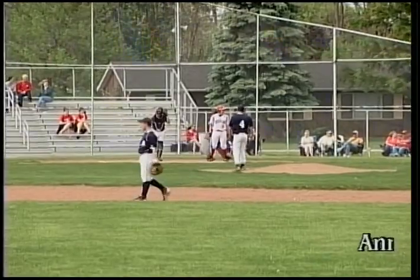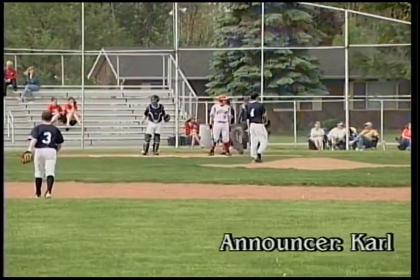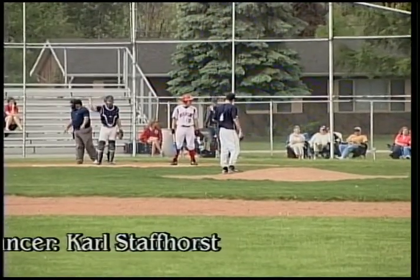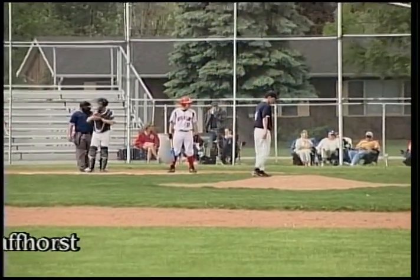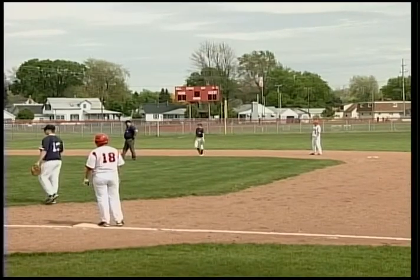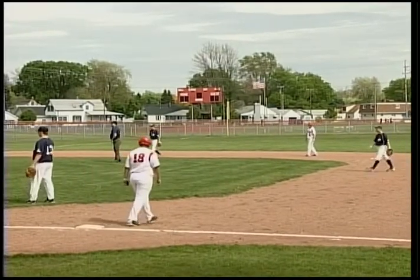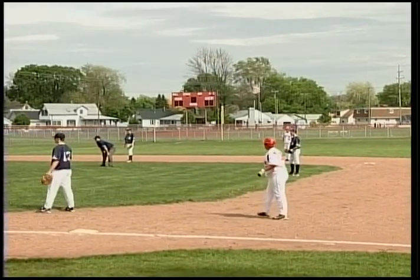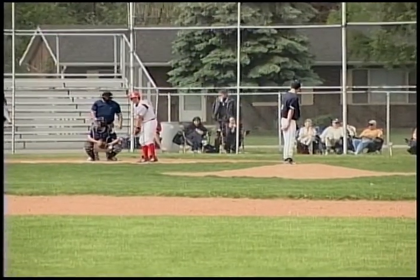And you can't really fault Cam Connor there for trying to set up the double play, but neither second nor short were at the base. Nothing they could really do with it. Seppo did not get a good jump off third. Had to hesitate a second after it was grounded right to the pitcher. So not really much you could do there. Now we have